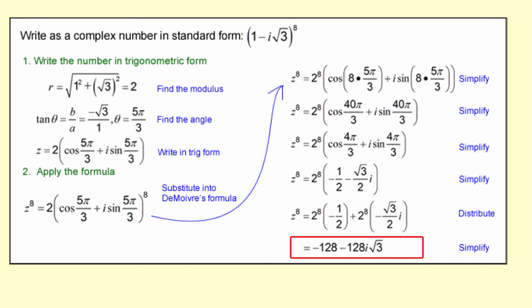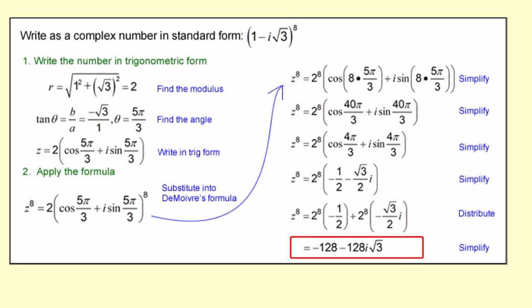And that simplifies to 40 pi over 3 inside the cosine and sine. And then you find the value in the first rotation of the unit circle, which is 4 pi over 3. That's the equivalent angle there. So then it's z to the 8th equals 2 to the 8th cosine 4 pi over 3 plus i sine